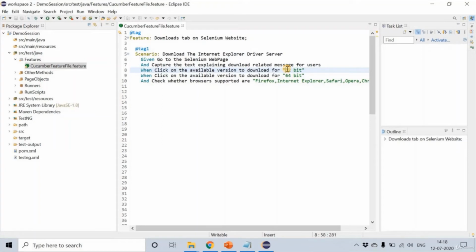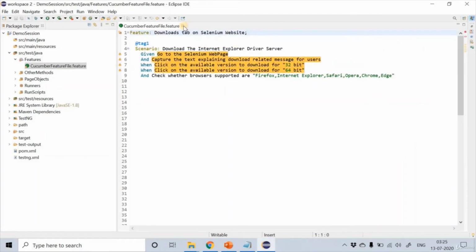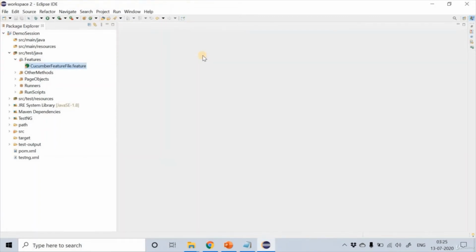These are the parameters that we are going to pass to the feature file and it is even highlighted as well. The rest of the part where your code statement goes is in the plain text. This way you are able to distinguish the name of the feature, the name of the scenario, and the steps that we are using in this particular feature file. The Cucumber feature file and its explanation along with the syntax is further discussed in the future videos. Let us close this Cucumber feature file and let us quickly install the TestNG plugin.